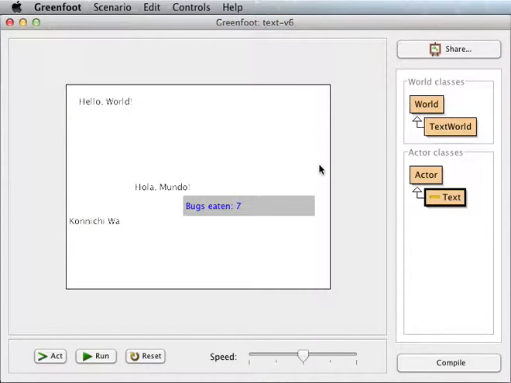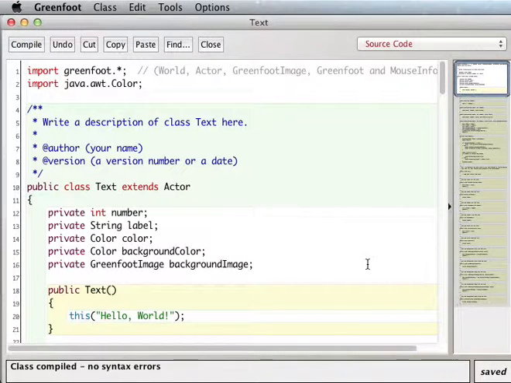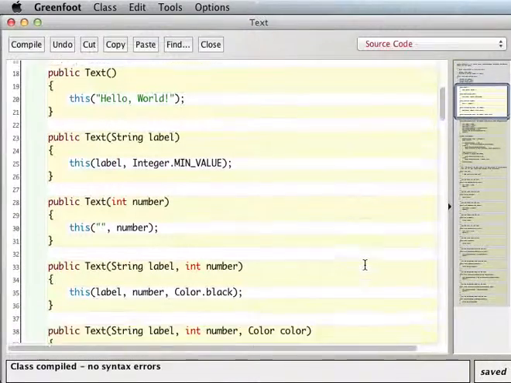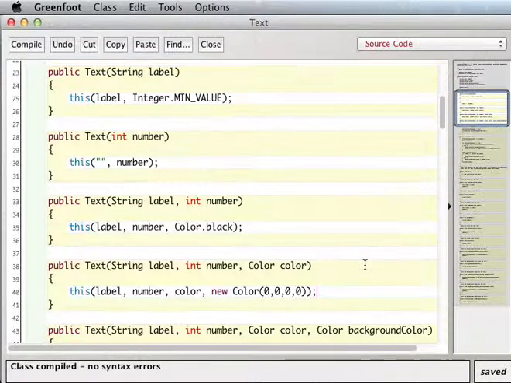Okay, so one of the things we noticed before was that this text is not nicely centered in our rectangle. So let's take a look in there. Before we address that, though, there's one thing that I'm not too happy about with this code, and that is